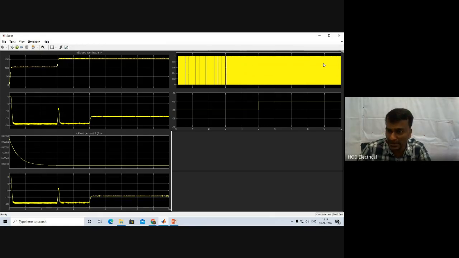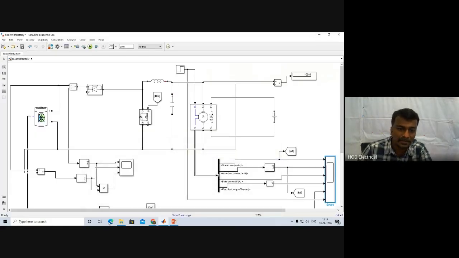Then this is the duty cycle. Then this is the input torque, initially -20, and at 5 seconds it changes. I hope you understood what the waveforms are. We got it. Then finally, I am going to see